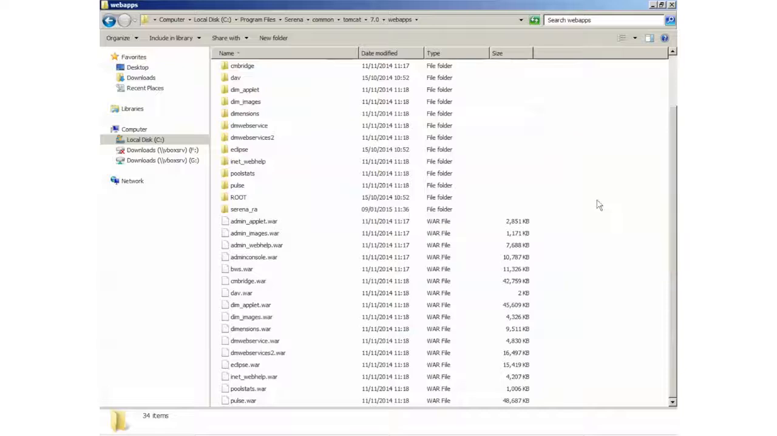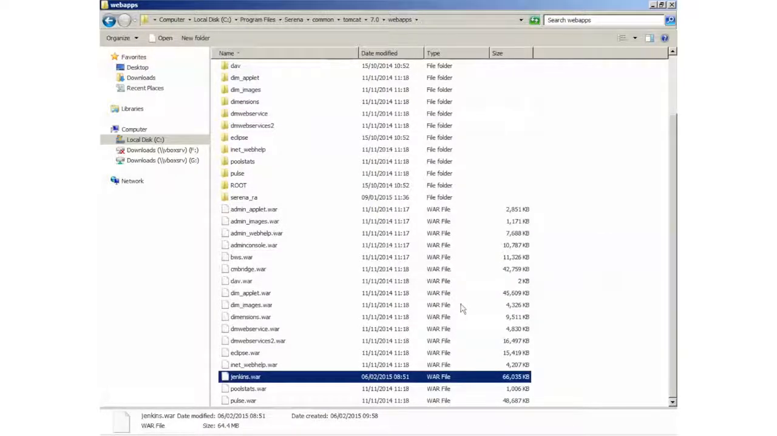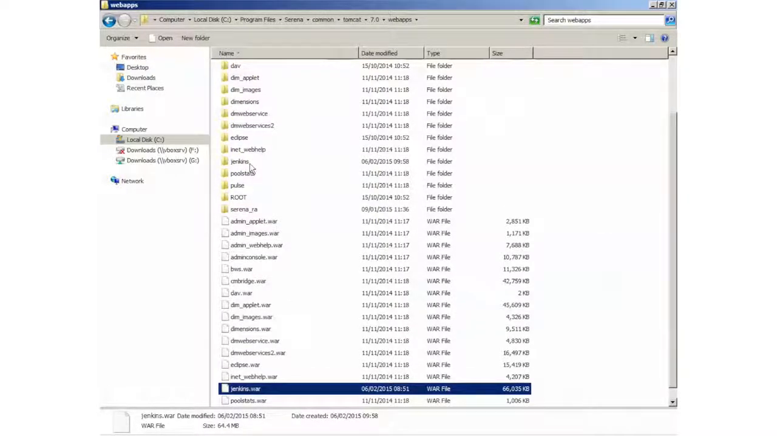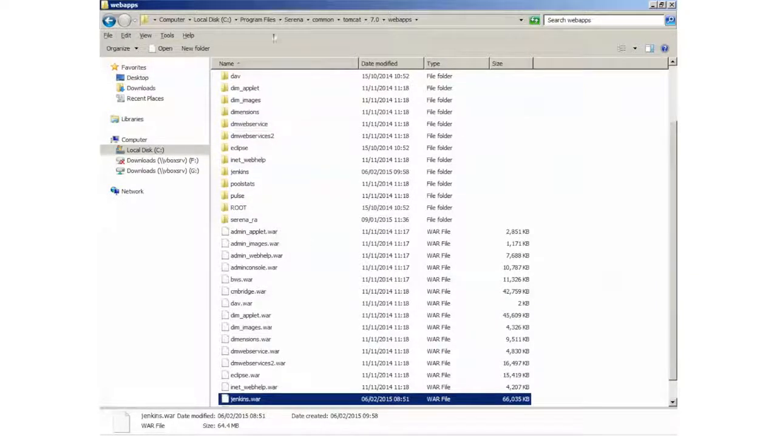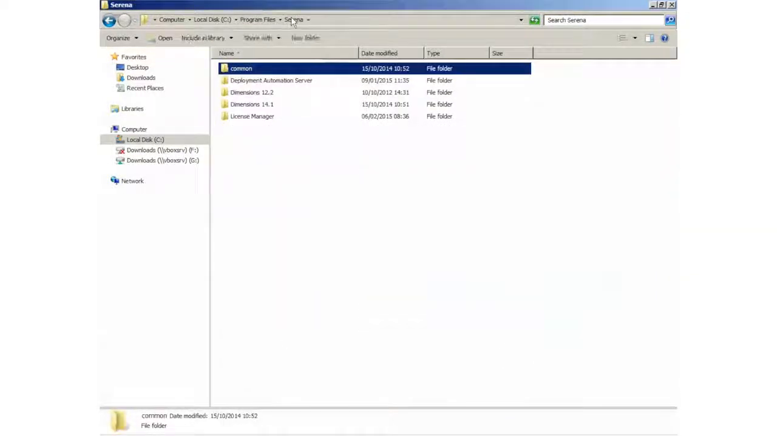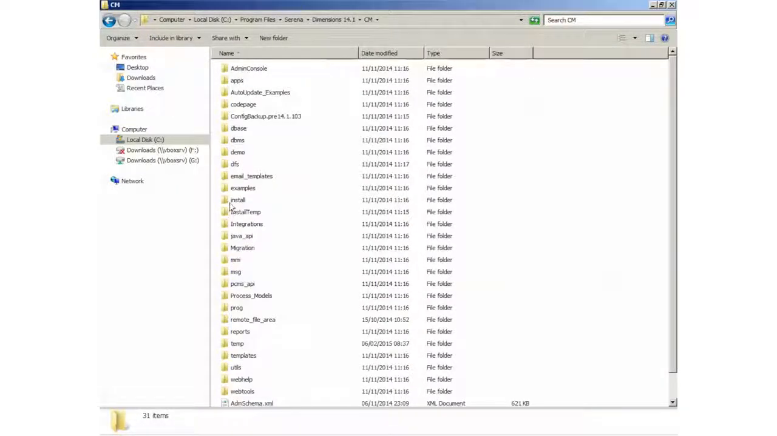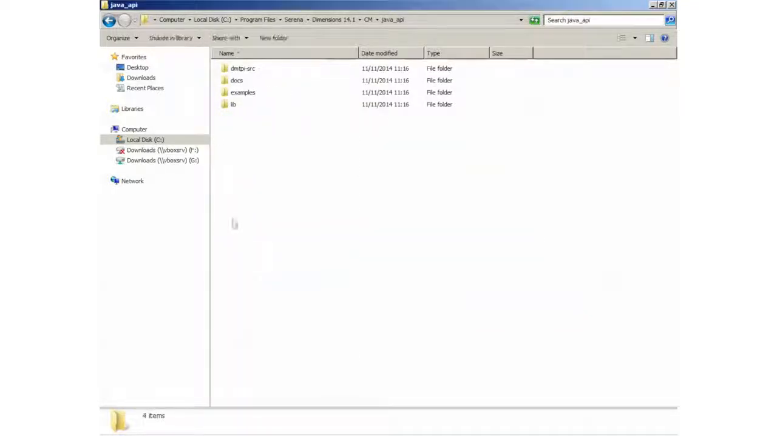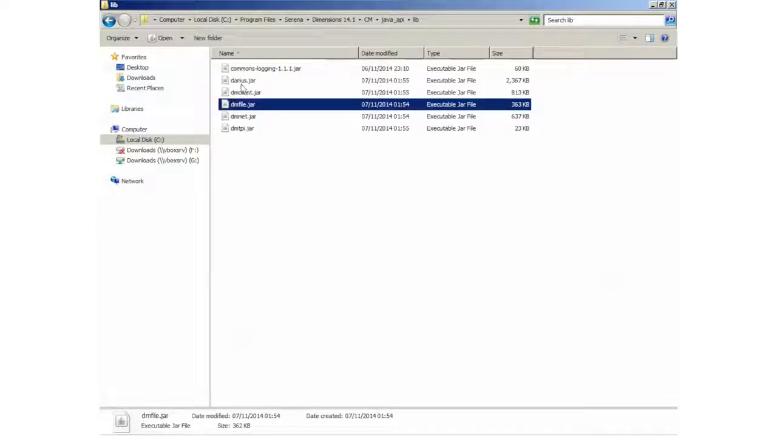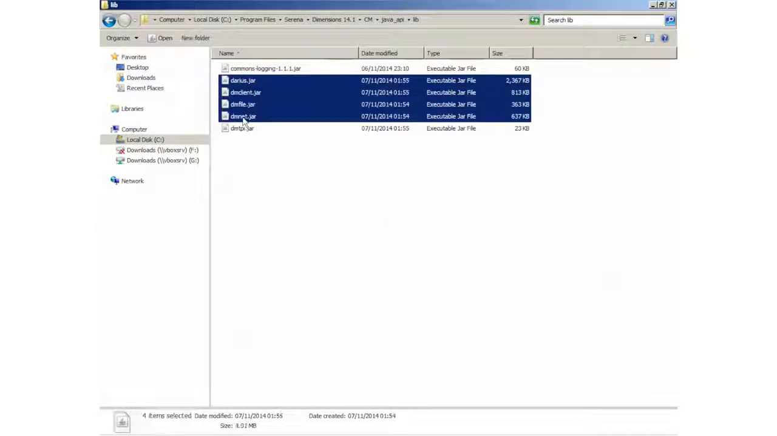So simply paste that in. As a result, what will happen is a Jenkins directory will be created, or a servlet will be created under Web Apps. Whilst that's installing, in the meantime, what we'll do is we will simply go into the Dimensions installation, and we need to copy some additional jar files. So we go into Java API lib, and we need to copy these 4 files